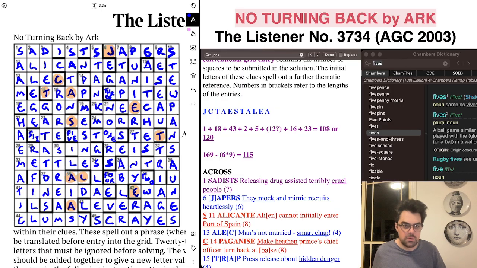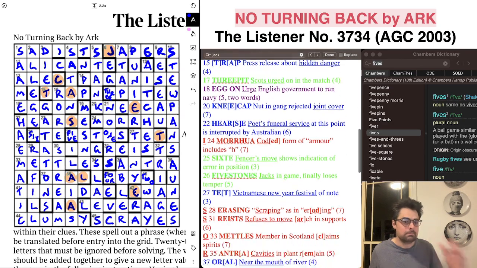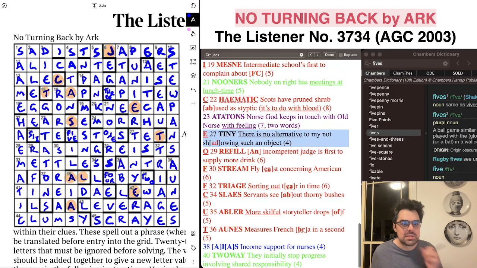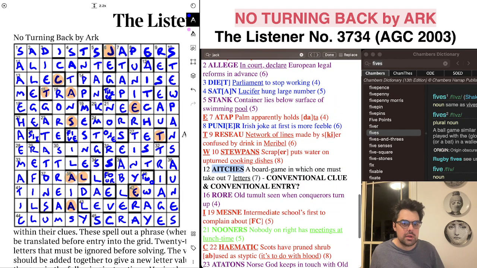And I'm told as well that I think we only have 2 more to parse now. We don't need to worry about 27 down, but 12 down, I mean, H's. A board game in which one must take out 7 letters. So,